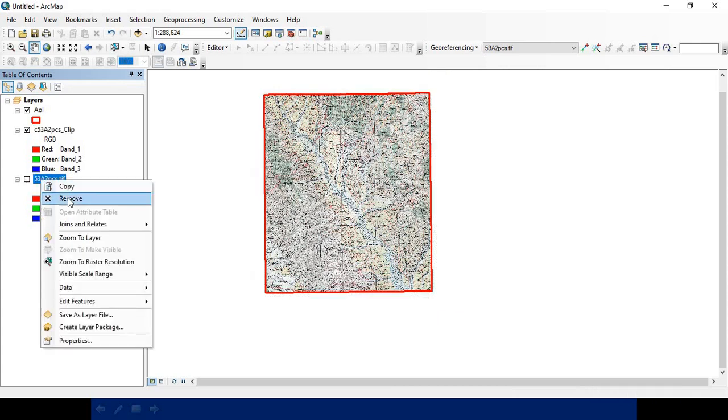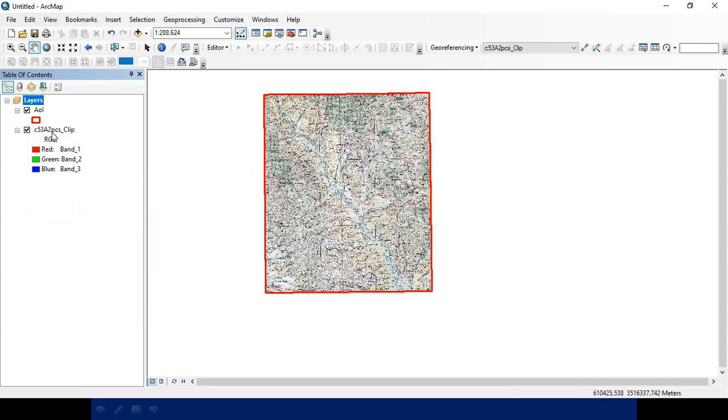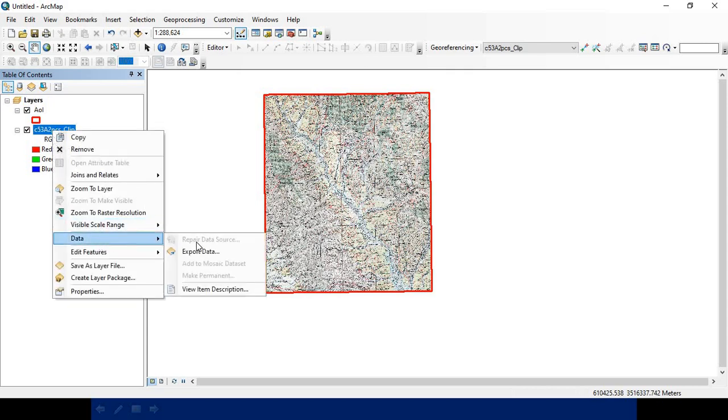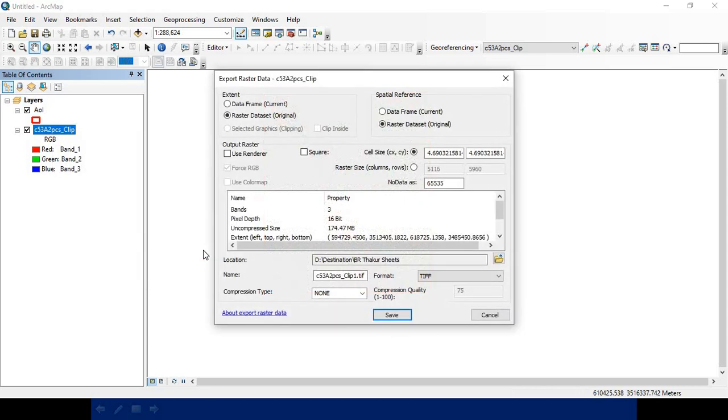Now you can right click and export data. You can save it in the appropriate drive or folder. For example, I want to save in this location in the D drive, and name it PCS clip1.tiff.